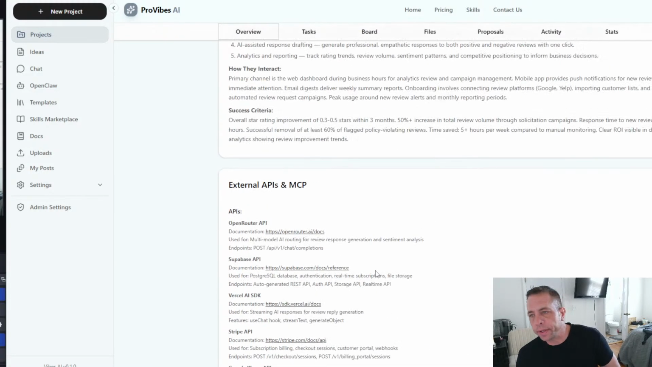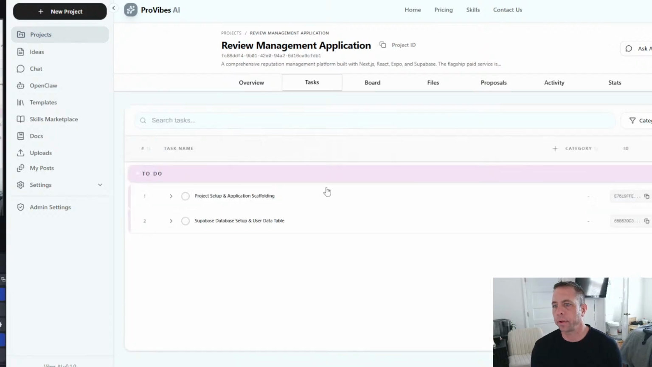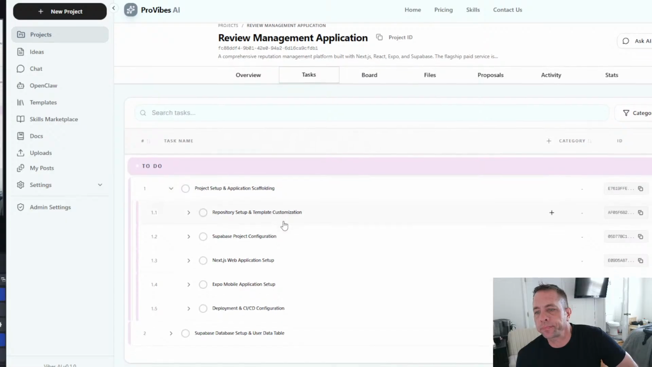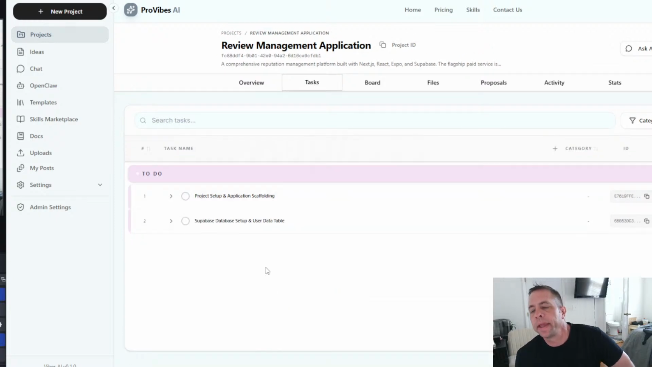So again, the idea behind ProVibes AI is twofold. It's giving the information the AI needs, and it's also giving a step-by-step guide as to how to develop out the application. So we've got the project set up right here, and we've got all the subtasks and sub-subtasks for creating the project, which we'll go over in a second. That's just going to be setting up the application framework. And then the next step is setting up the Supabase database and setting up the